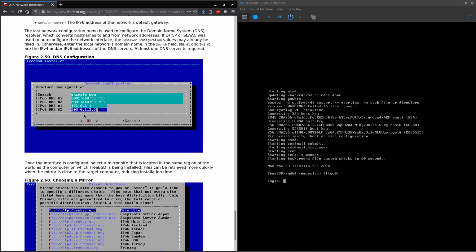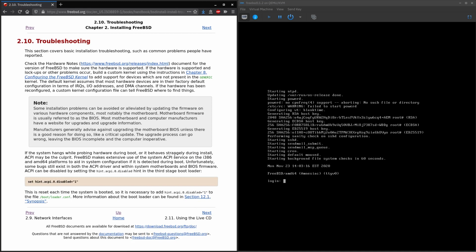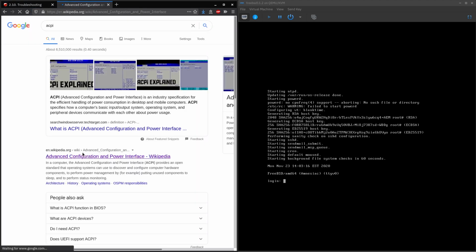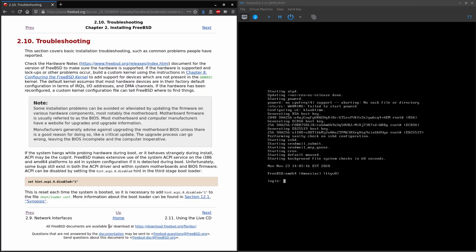But yeah, okay. Let's see, troubleshooting. I don't think there's too much we have to troubleshoot here, but they mentioned if your system doesn't boot, sometimes it's due to ACPI, which is, I believe, a power saving interface. ACPI, Advanced Configuration and Power Interface, yeah. So this is used when your computer has pieces like the monitor shuts off when you close the lid. Stuff like that is due to ACPI,